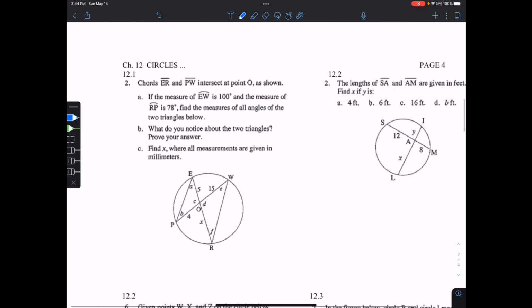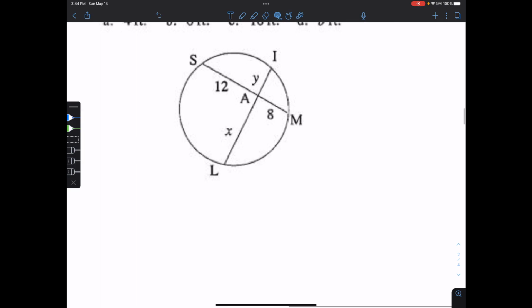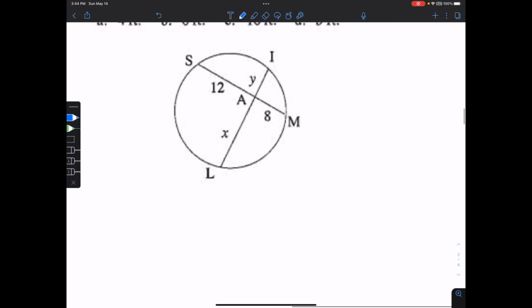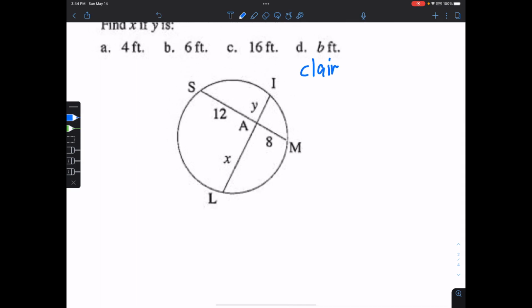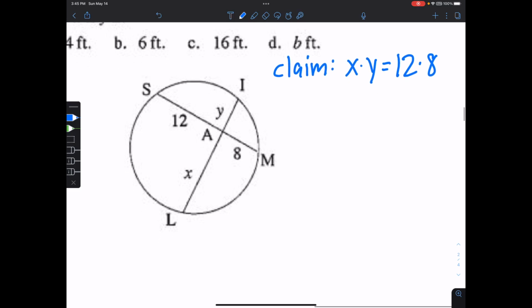Now, here's something that I will prove. Let's use this as an example, okay? So my claim is that if you look at this triangle, I can already say that x times y is equal to 12 times 8. And that would be kind of like a formula that you know, but it's just a generalization of